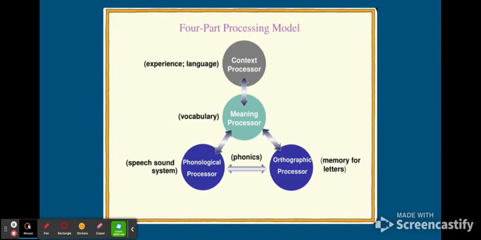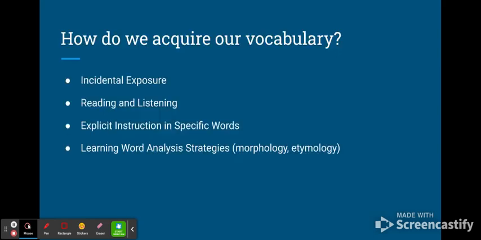So you may ask, how do we acquire our vocabulary? According to Louisa Moats, each of us has a mental lexicon or dictionary that is continually being updated. The quality of each vocabulary word in this mental dictionary can vary from being extremely well known to just knowing we've heard it before. We acquire the knowledge through reading and listening, incidental exposure, and through explicit instruction in specific words